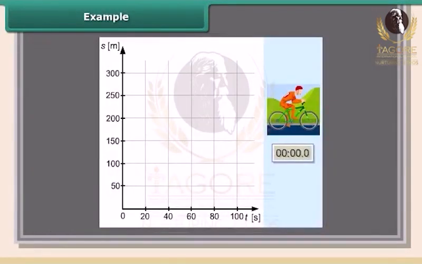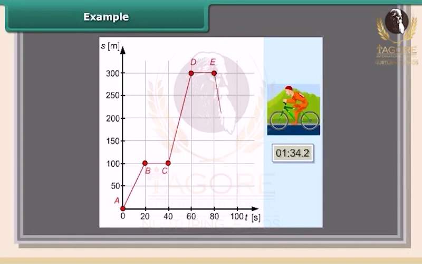This is the location time graph for a cyclist. While plotting the graph, the short moments of time where the cyclist changed his speed are neglected. From the graph we can determine the location of the cyclist at a given moment. The type of motion with which he was traveling along particular segments is speed, the distance he covered, and even